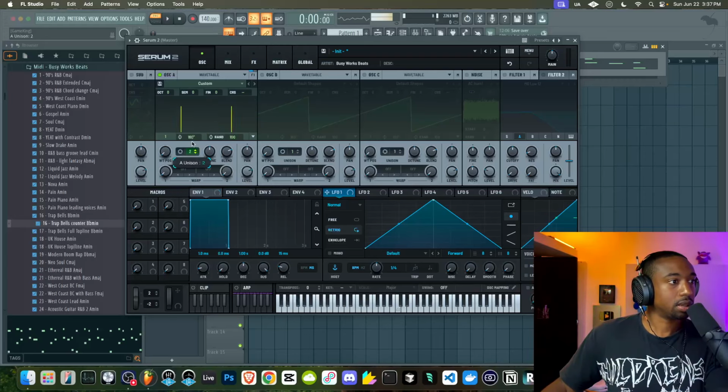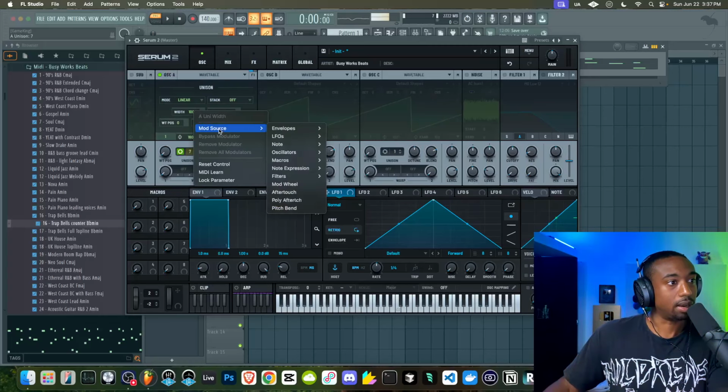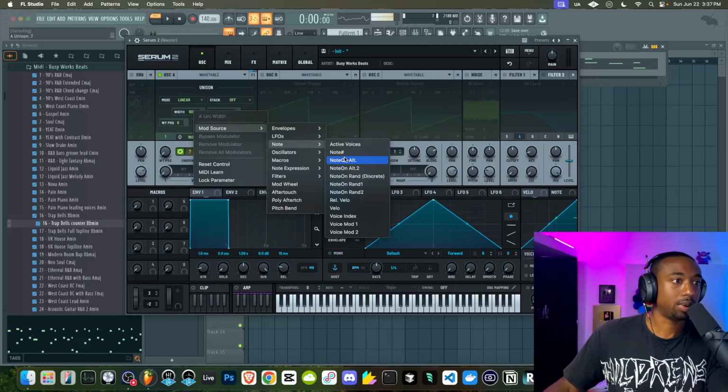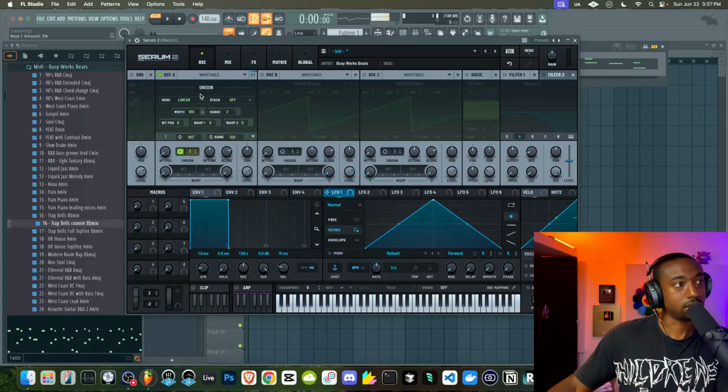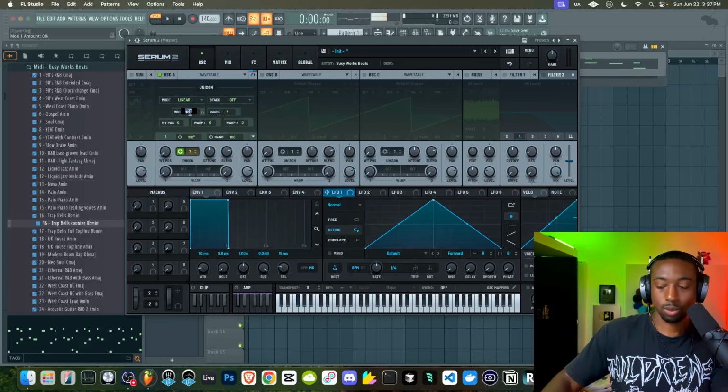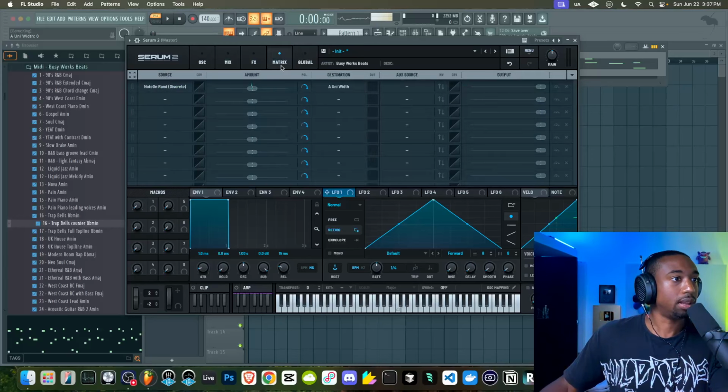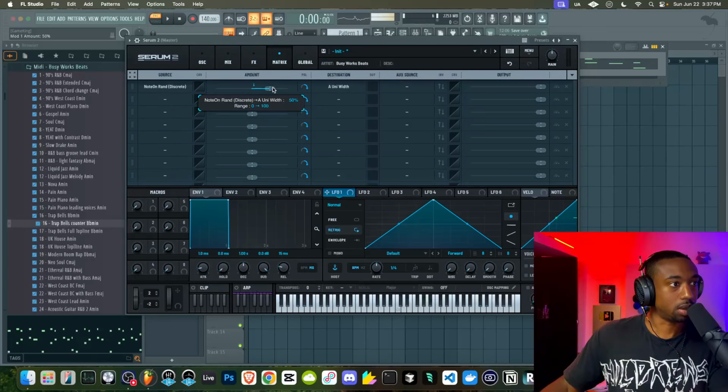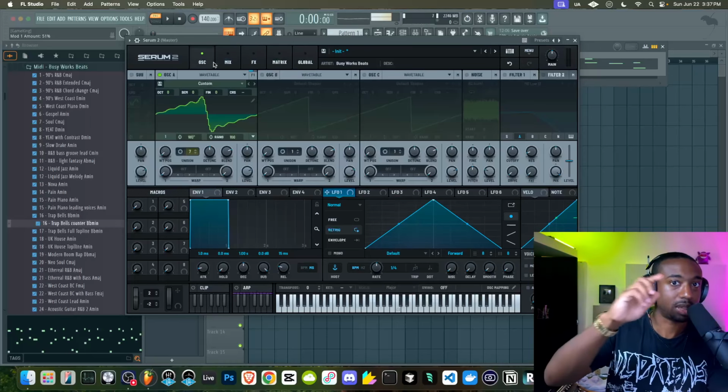Let's add some detune here. Let's try 7 voice detune. Let's modulate the width here with a randomization by the notes. I know I'm moving kind of quick here, but we're just stacking all the stuff we already showed you guys. And let's set the width to 0 so that it has a starting point. And then in the matrix, we're going to set the width range to 100. So now it randomly picks between 0 and 100.